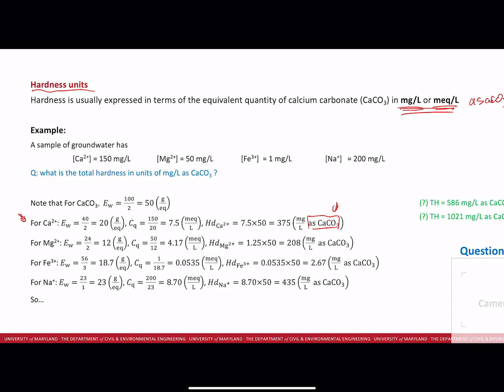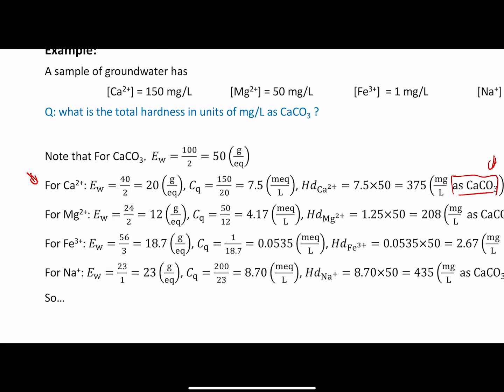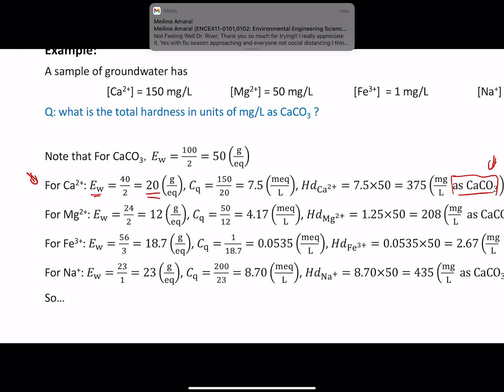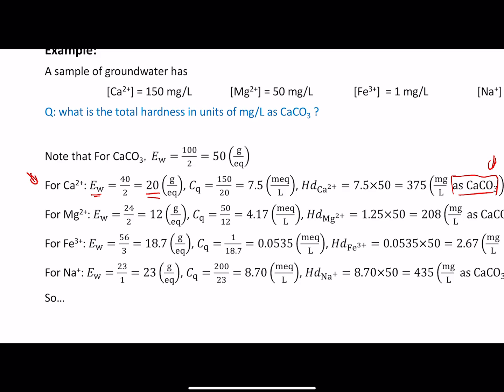For the first one, we can calculate calcium. We need its equivalent weight. The equivalent weight is 20 because N equals 2. So for calcium, N equals 2. For magnesium, N also equals 2. For iron, N equals 3 because it has 3 charges. And for sodium, N equals 1 because it only has 1 charge. So we can calculate the equivalent